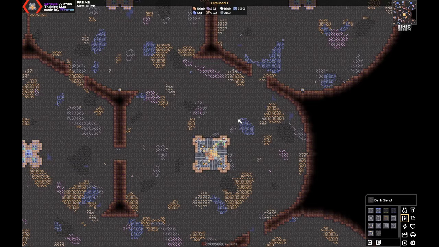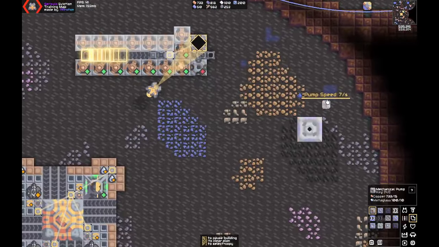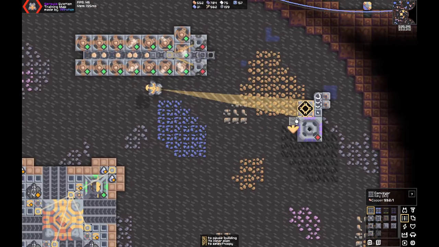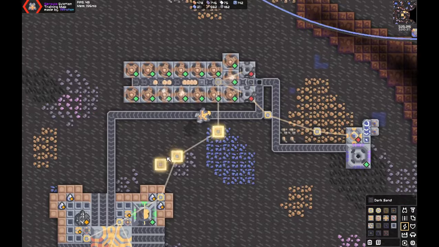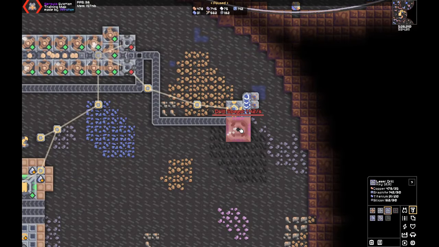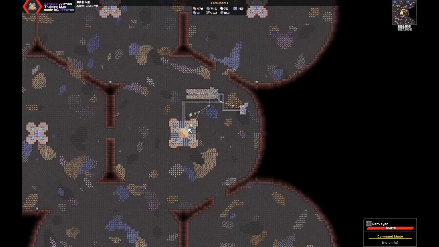So the very first thing you want to do is just set up your 2 silicon. And you want to do that with, as I'm doing here, a laser drill and a steam generator. And that's just because of how the ratios work out and how easy it is to set up. It's just a bunch of hotkeys. I recommend that you learn these hotkeys because I recommend you learn pretty much every hotkey because they're all incredibly